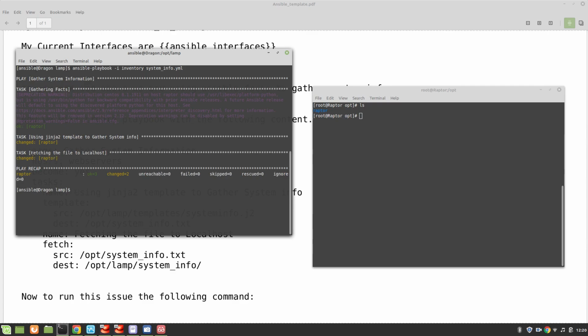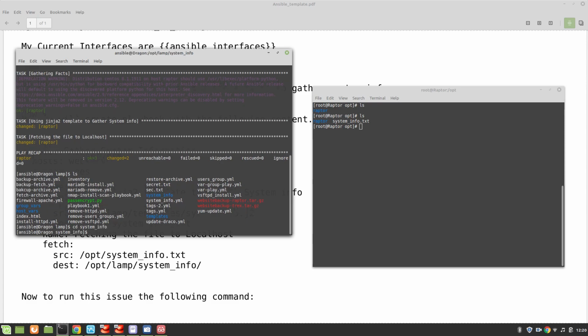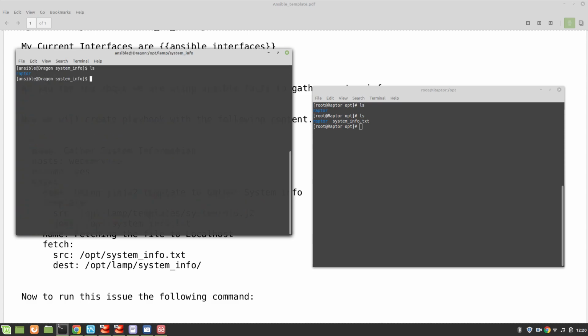information. And let's see if it has created the system info file here. Yes, perfect. And also let's check if it has created directory system info, and yes, it has created. Let's go to this directory now. Clear the screen, and over in this Raptor it has created this opt, and here we can see